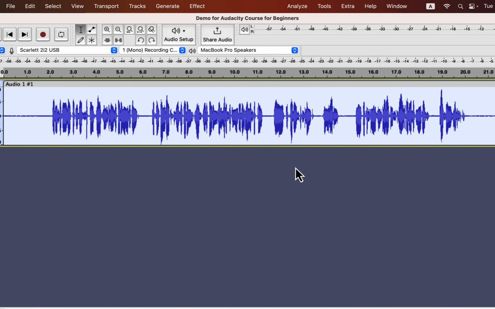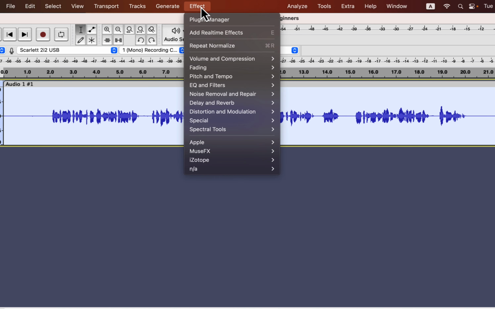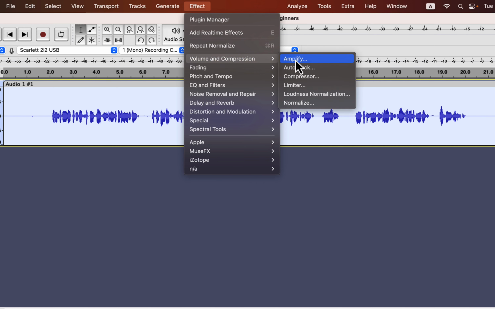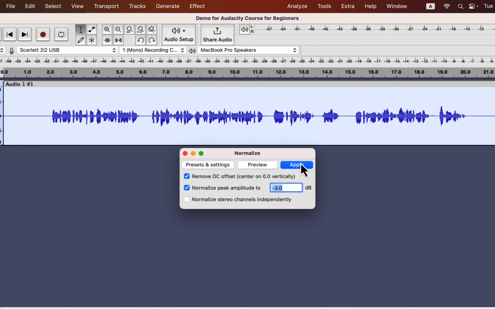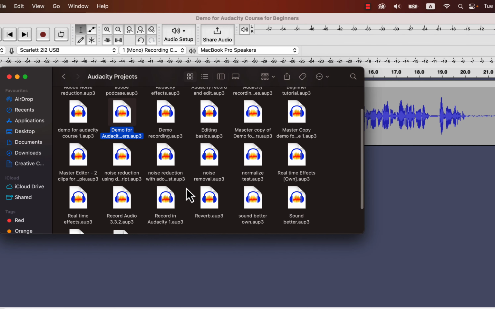I will undo the changes and go back to the raw waveform. This is the waveform after recording, and if I normalize it to -3, the waveform should grow vertically. Keep an eye on the waveform. You see how the height of the waveform increased. If the waveform does not grow after applying on the raw recording, you have to take special measures to improve